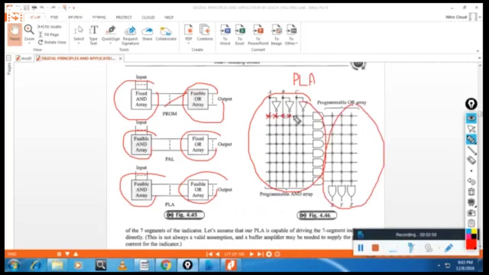They can be programmed based on the different fundamental terms. These programmable logic devices are used to solve Boolean expressions. Now we move to the first one, the programmable logic array, where both input and output are fusible, which means you can program them.